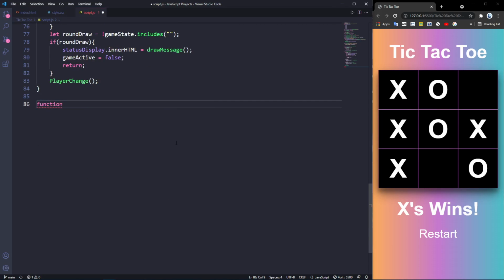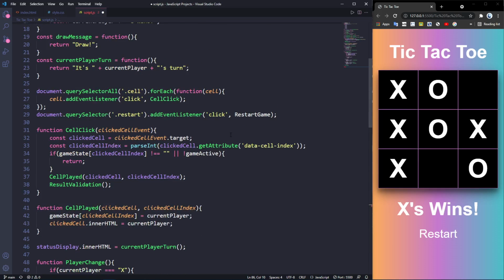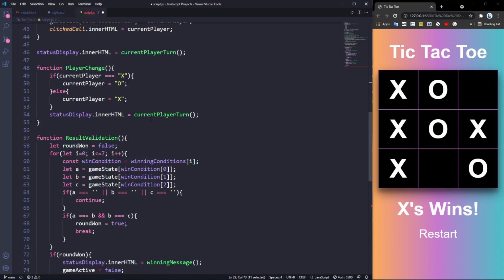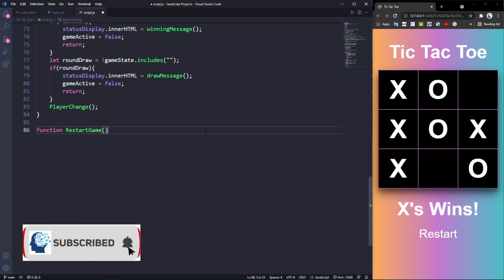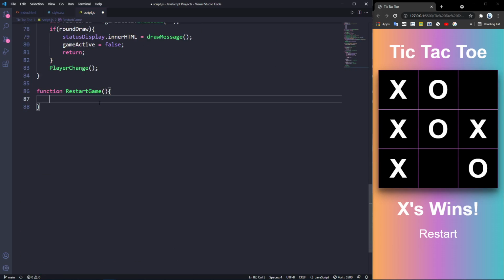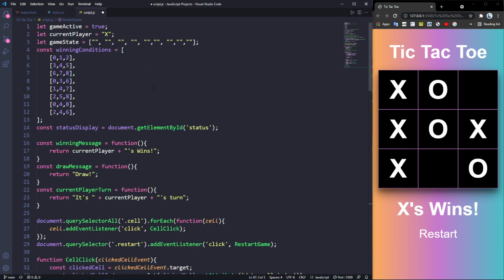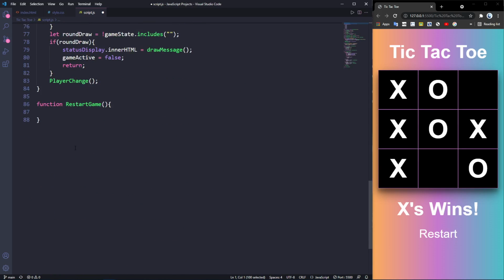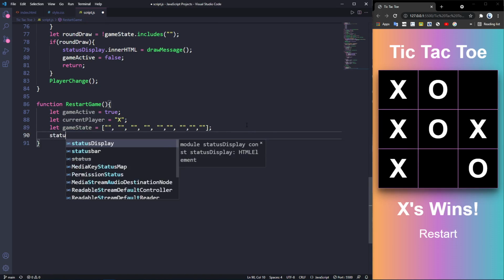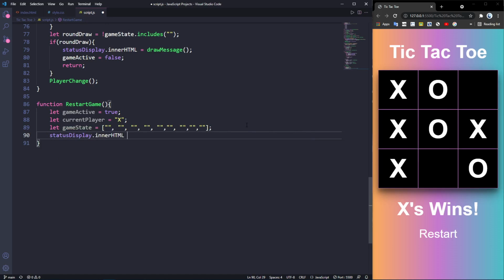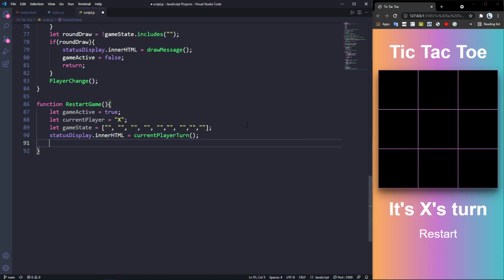So what we can do is create a function named restart game. So we can just grab this and paste it over here. So if the game is restarted, what we can do is pretty simple: grab this, copy, and paste it over here, so that game active is reset to true and the current player is reset to X. Game status remains as the double quote, and for status display inner HTML, we just call the current player turn, which is the X turn, and